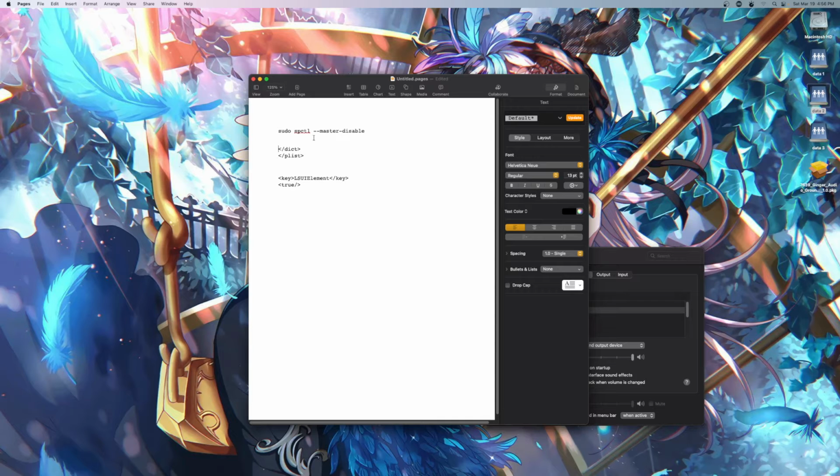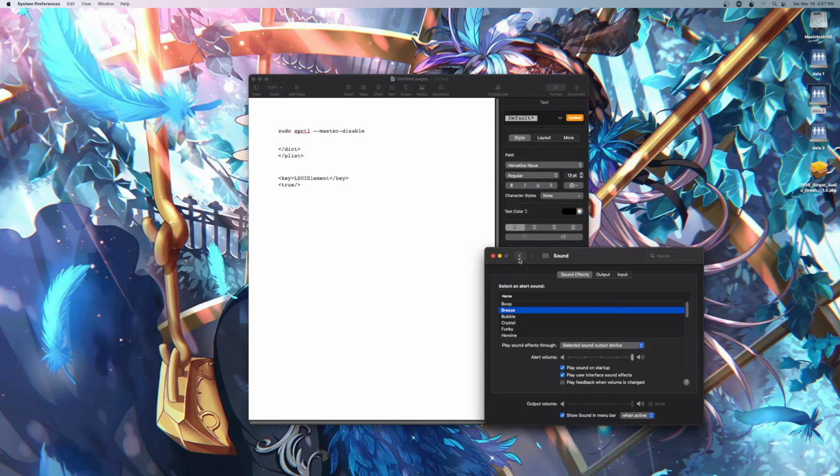After that, you type in sudo spctl, with a space after sudo and after spctl, and then a space and you type in dash dash master dash disable. You do that, and then